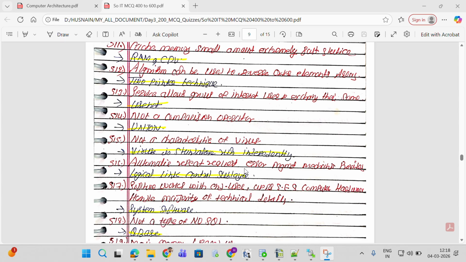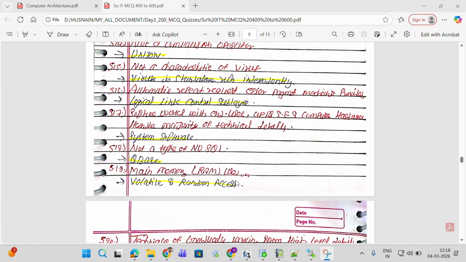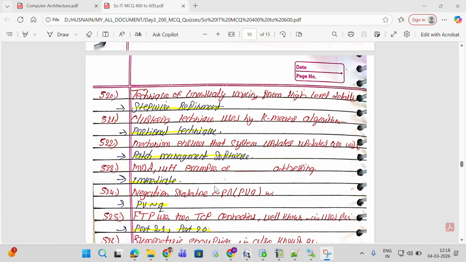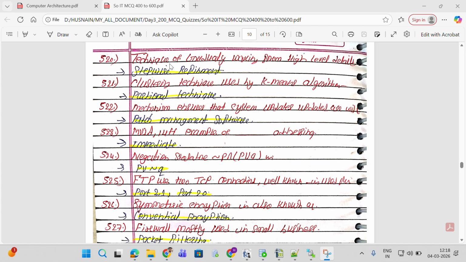Automatic repeat request error management mechanism is provided by the logical link control sublayer. Software works with end user, open to software engineer, computer hardware, handles majority of technical details: system software. Not a type of NoSQL: Cubase. Main memory, RAM used in volatile and random access. Technique of gradually working from high level details: stepwise refinement. Clustering technique used by k-means algorithm: partial